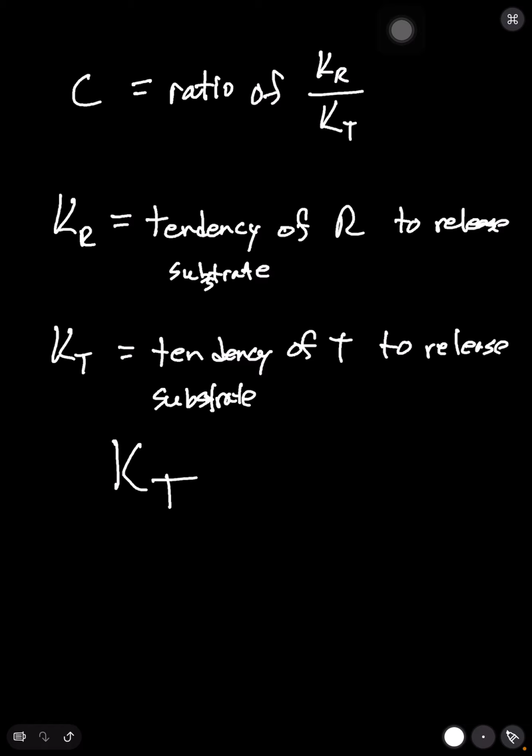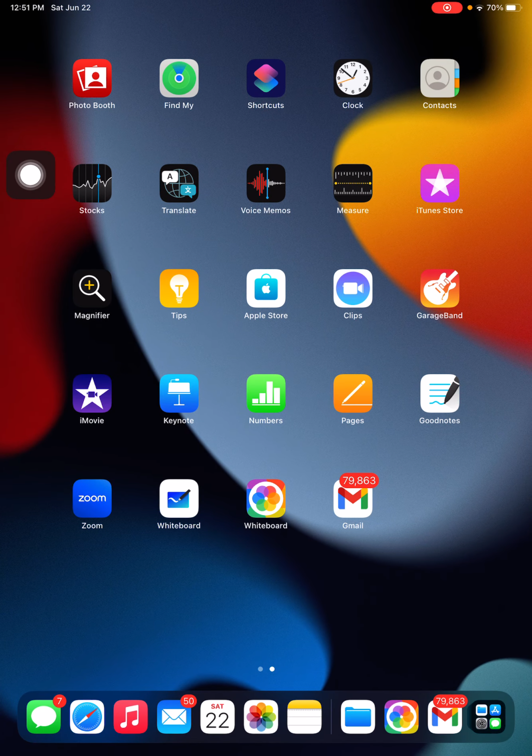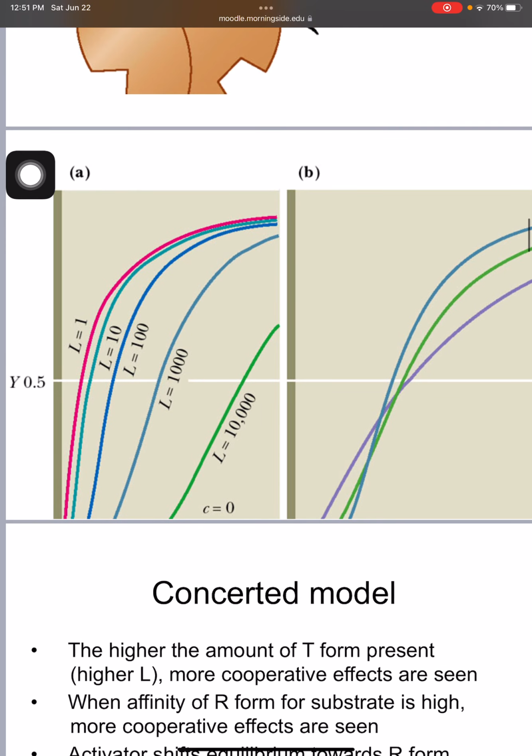So no matter what, Kt is going to be greater than Kr. However, from enzyme to enzyme, the differences are not always the same. There are some enzymes where C is a smaller value than others. And you can see some interesting examples of that here as well. If you look at the part B here, the second photo,